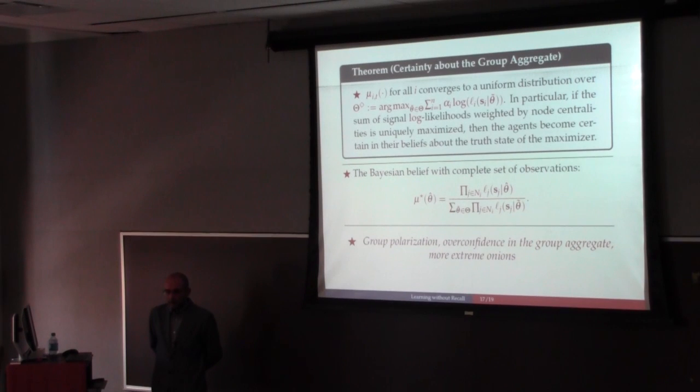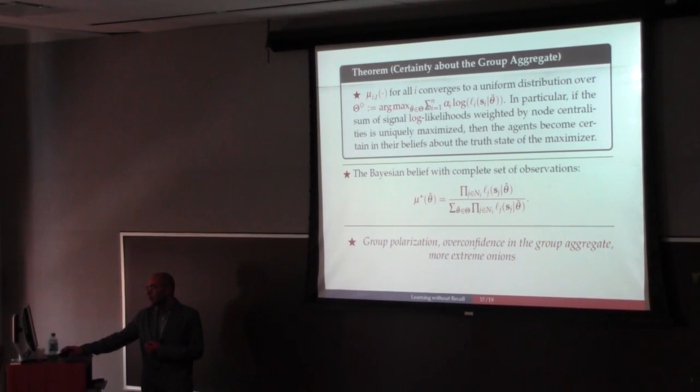The result is that asymptotically, if the agents set their beliefs proportional to the product of their own and neighboring beliefs repeatedly, these beliefs are going to converge. The asymptotic belief would be concentrated, and the support of the asymptotic belief is the set of all maximizers of the likelihoods of initial signals. So this is a very good thing in some sense, because you are converging to a maximum likelihood estimator. There are some caveats here.